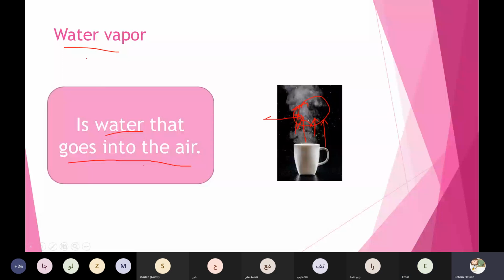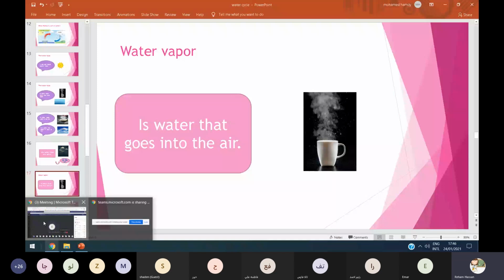So, inshallah, we will explain more about this water cycle in the